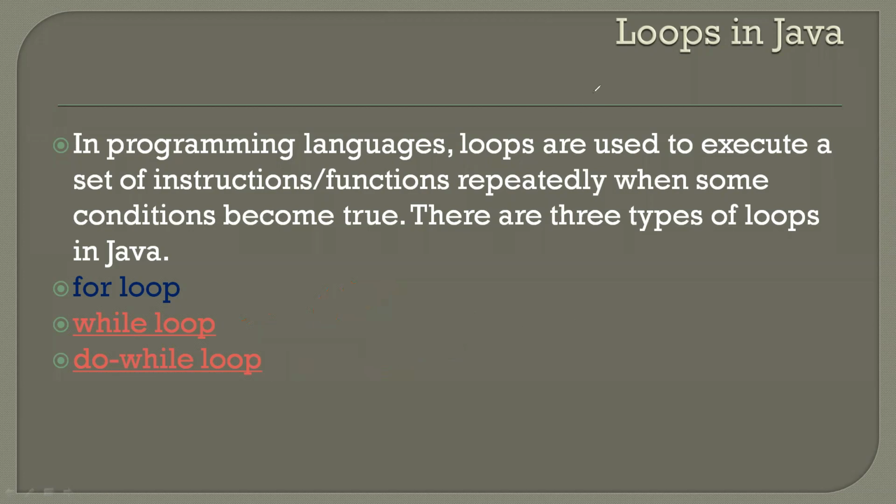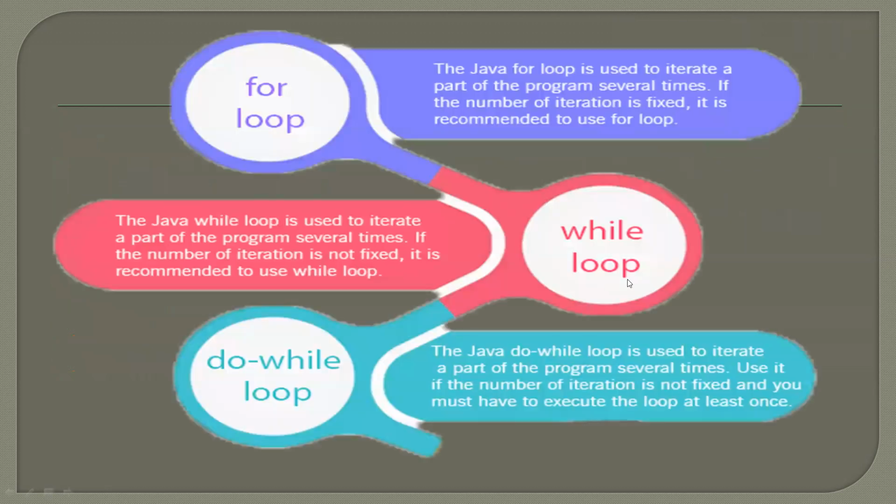Let us move to the next slide. Keep these couple of points in your mind. If we want to execute some part of code multiple times, we go for looping statements. The looping statements are also called iterational statements. For, while, and do while are the examples of iterational statements. Let us move to the next slide.